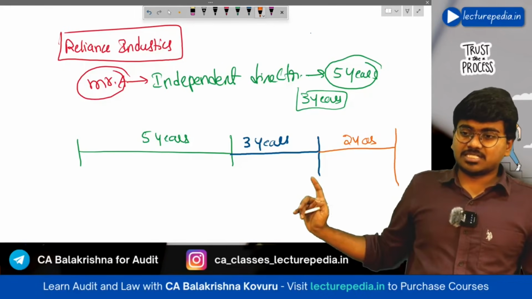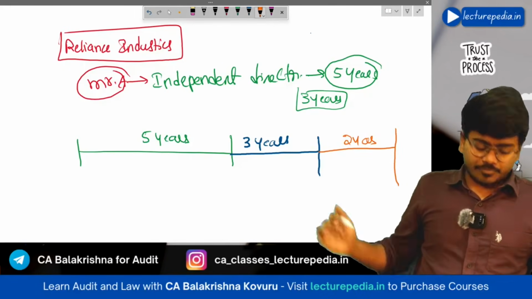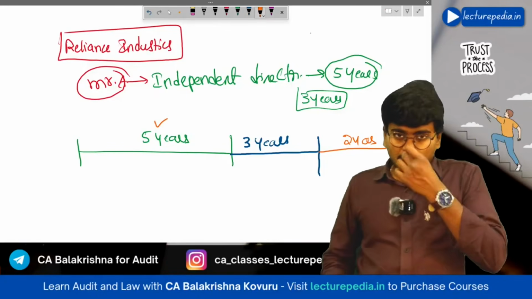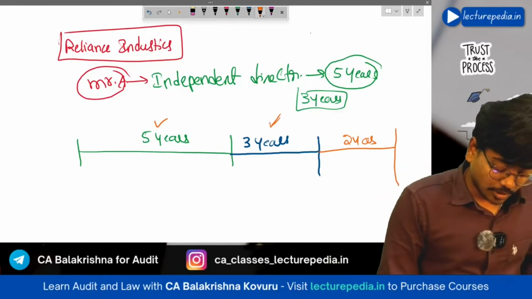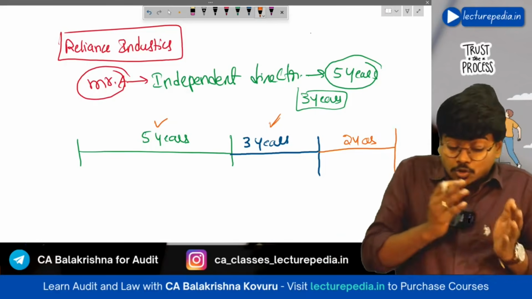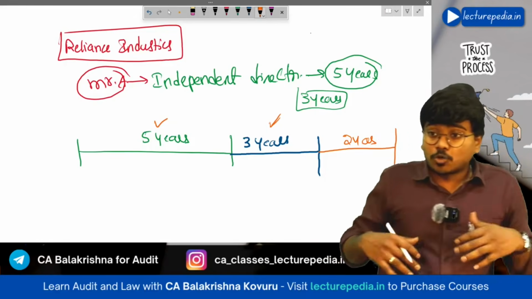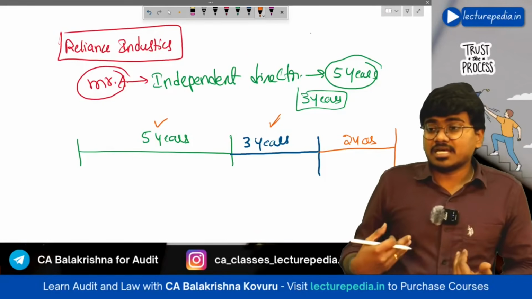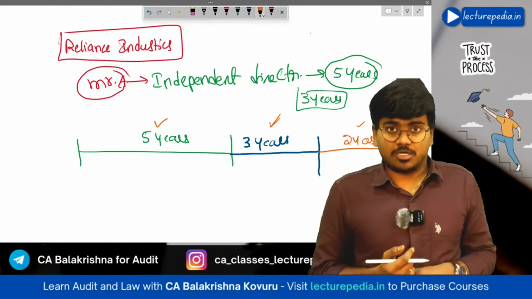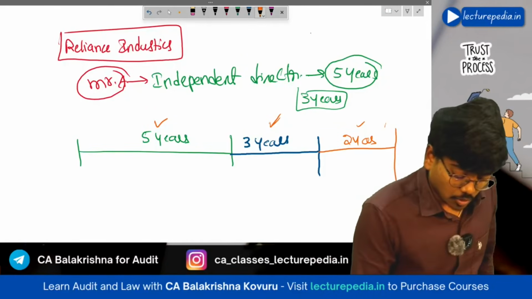If you see the present situation, the first term he was appointed for 5 years, and in the second term he was appointed only for 3 years. So still there is a balance of another 2 years for which he can be appointed. So now Reliance Industries wanted to appoint Mr. A for another term of 2 years. Whether it can be done or not? The answer is no,